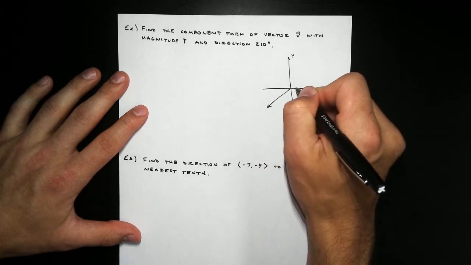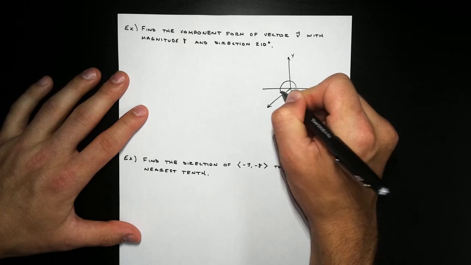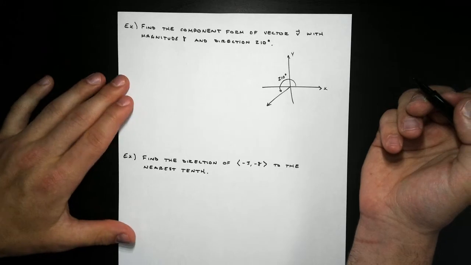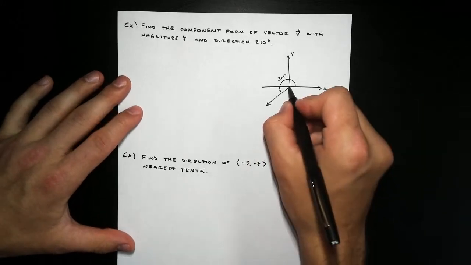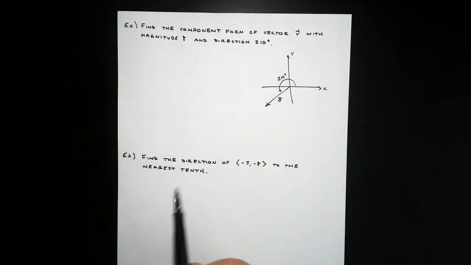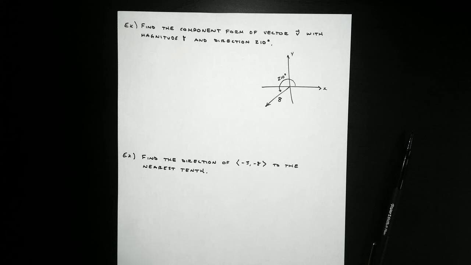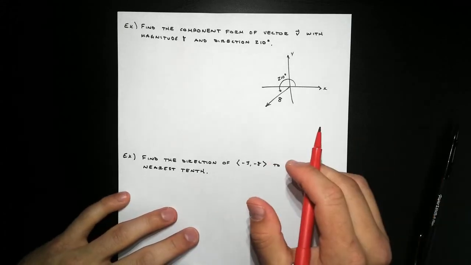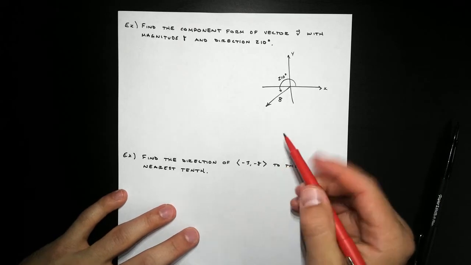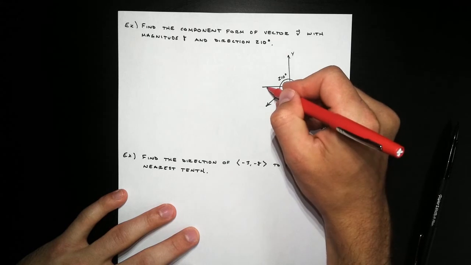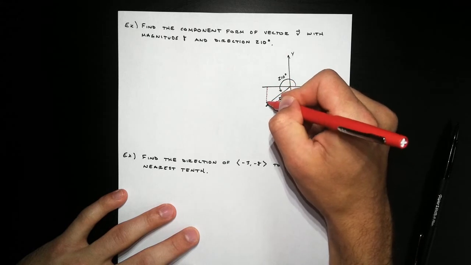So then this angle, that is 210. Okay? And then the other thing we know is that the magnitude is 8. So the length of this vector is 8. Okay. Now the component form of a vector, remember that tells us the change in x and the change in y. It tells us how far left or right it has to go, and how far up or down. So if I draw in this right triangle,